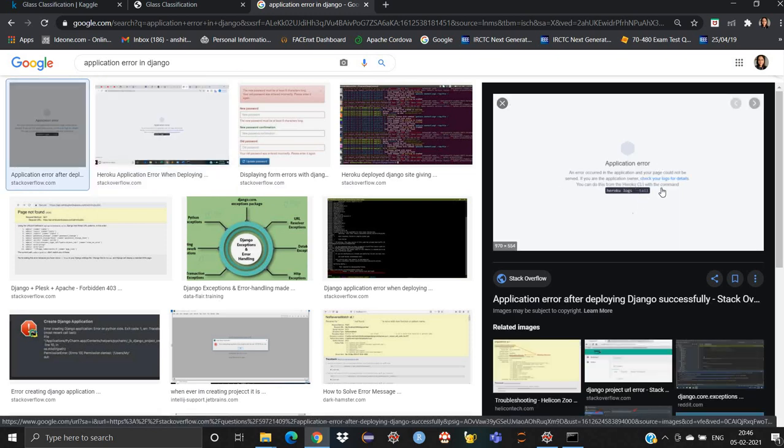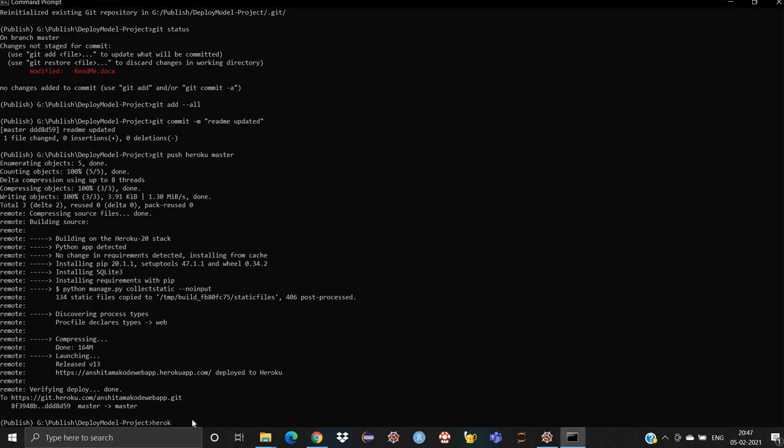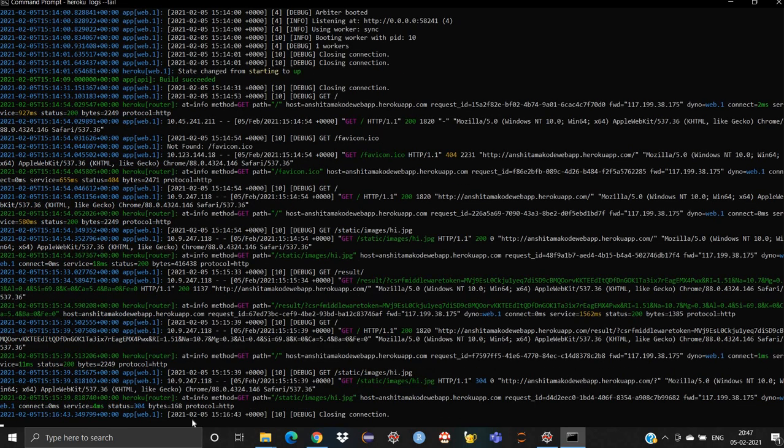Application error. So they just ask you to go to this heroku logs --tail. People are often confused about what they will do after running this command, heroku logs --tail. After going to the logs, how will they be able to identify what kind of error they are facing? It's simple: I am not getting any kind of error, because my project succeeded, and I have shown you my project, so it's running properly.